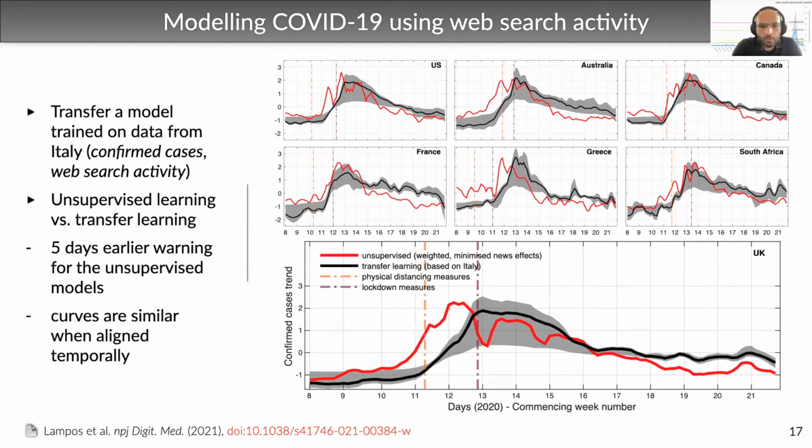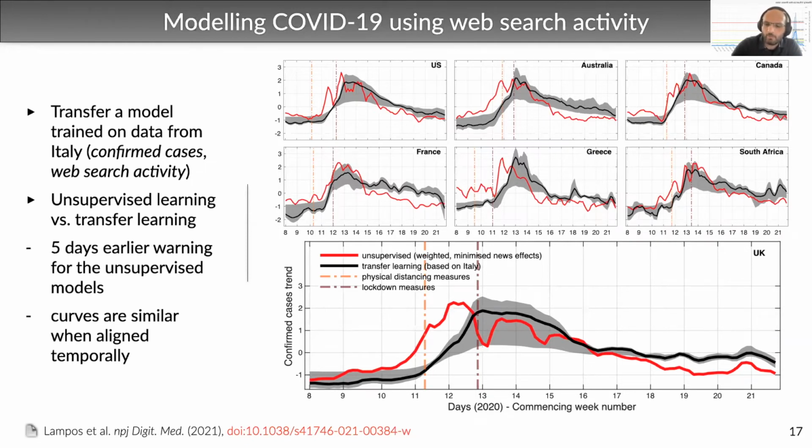Here you can see a comparison between the unsupervised signals that you've also seen in the previous slides, depicted using red, and the transferred signals in black. The unsupervised models provide an earlier warning of about 5 days. In addition, though, the fact that the transferred estimates that incorporate some form of supervision from the data from Italy, when shifted backwards, have a strongly correlated trend with the unsupervised ones, provide some additional validity for our original results